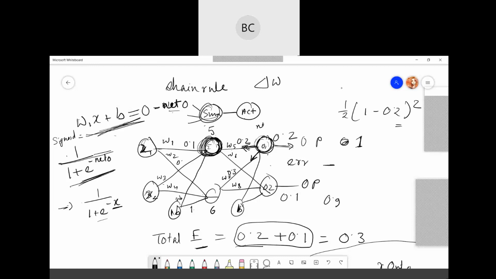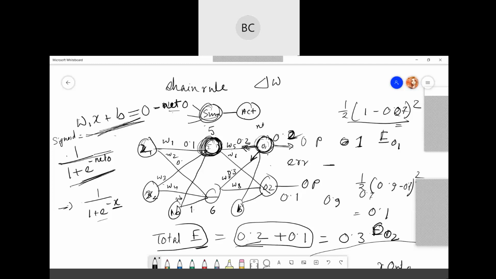You can take like 0.7 or something. This is just the output value after calculating this. Suppose this is the error for O1. The same thing will happen here also. Maybe the actual output is 0.9 here, but you are getting somewhere like 0.7. Then you calculate the error of (0.9 minus 0.7) squared. Maybe the answer is just 0.1. That's your error of O2.